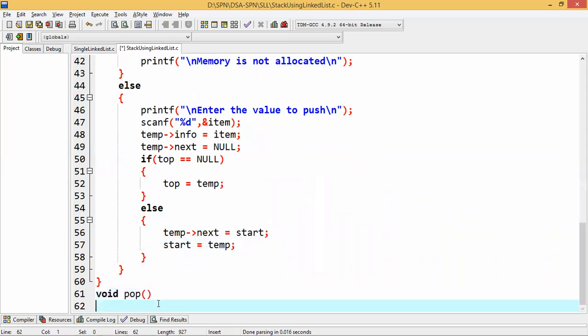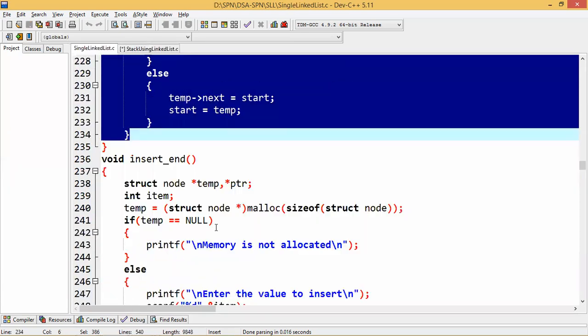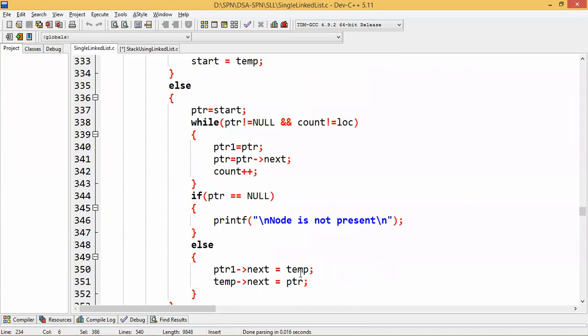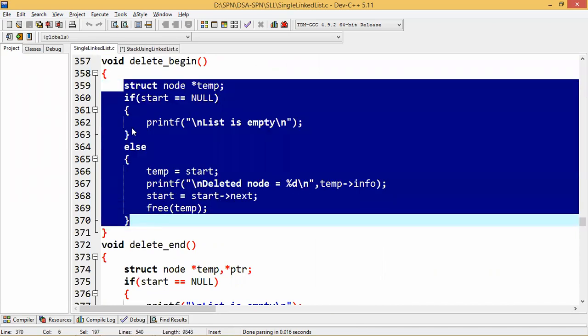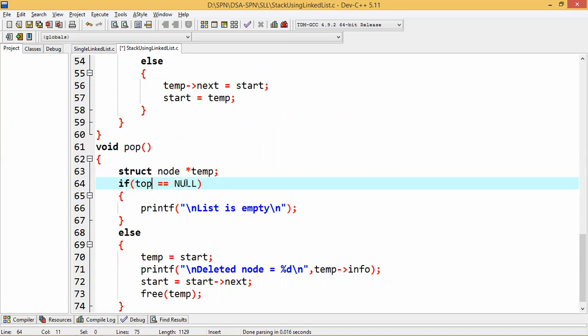when I define the pop operation, as we have discussed, this will be delete from beginning. Okay. So you can go to the delete from beginning code of the single linked list, copy it and paste it. If anybody has not understood the single linked list program, you can watch the videos on single linked list and you will get a clear idea of how the operations of insert beginning and insert end are implemented.